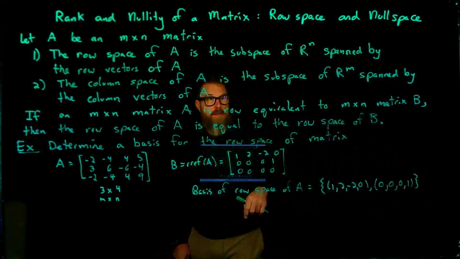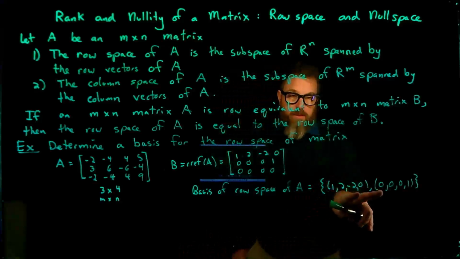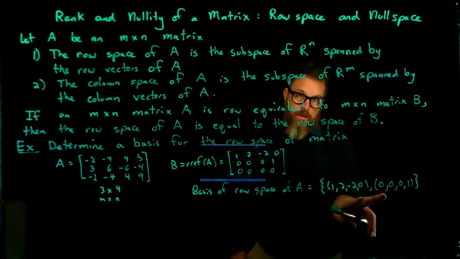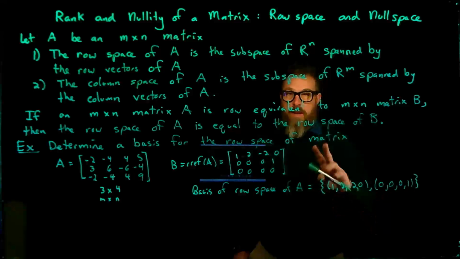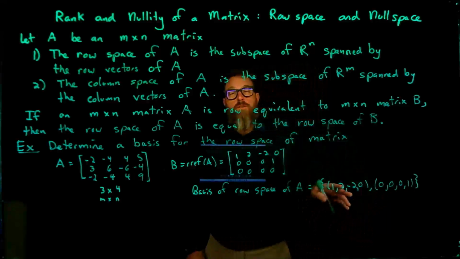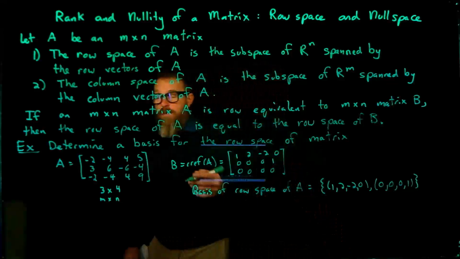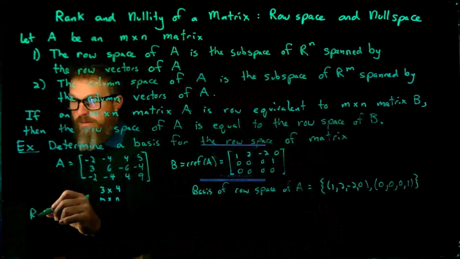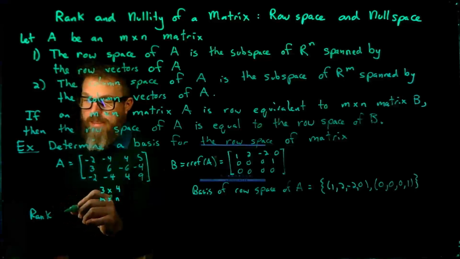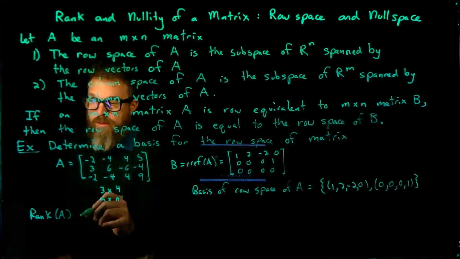So what I have is a subspace that has dimension 2. So what we're talking about is a plane in R4, a plane through the origin in R4. Now, the rank of matrix A is equal